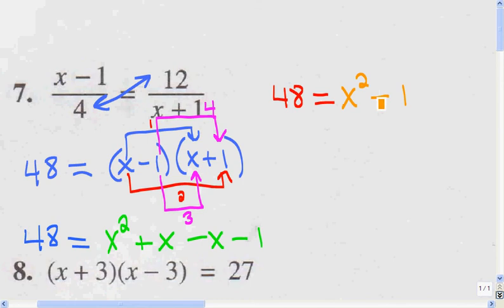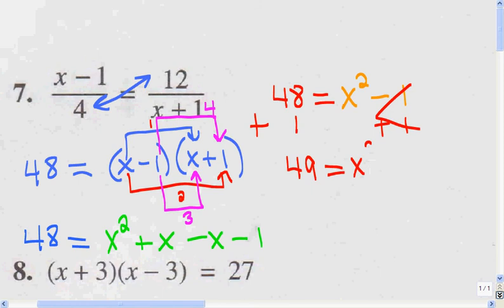Now from here, I've got to isolate the variable on one side of the equal sign. It doesn't matter if the variable's on this side or if the variable's on this side, as long as it's by itself. So I'm going to isolate the x squared. So I want to get rid of the negative 1. So I'm going to add 1. I'm going to use the inverse operation. That's going to get rid of the 1 here. But what I do to one side, I have to do to the other. So I'm going to add 1 here. So 48 plus 1 equals 49